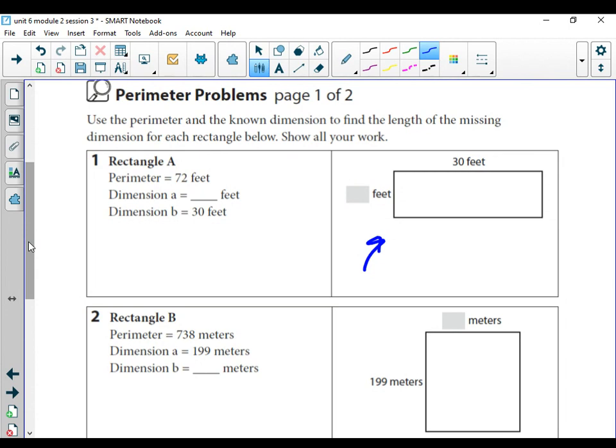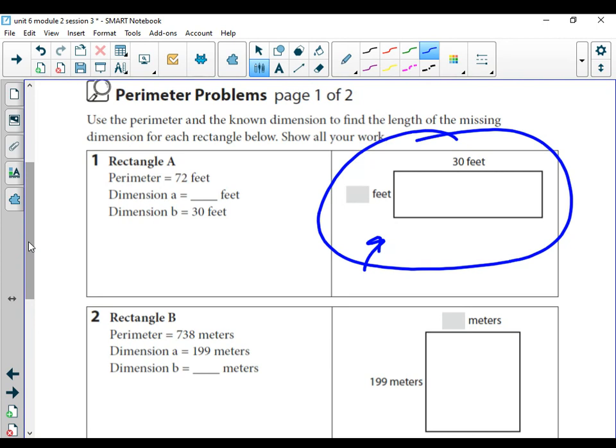So you guys, I need this whole thing to add up to 72. So what can we do right away? Well, looking at 30 feet, we could put 30 feet here. We're very aware that those are congruent. They're parallel to each other. So you guys, 30 plus 30, that's 60 feet we already have taken care of. So I'm going to write that over here. 60 feet is already taken care of the 72. That's the perimeter. So in the end, we only have 12 feet to work from now for this side and